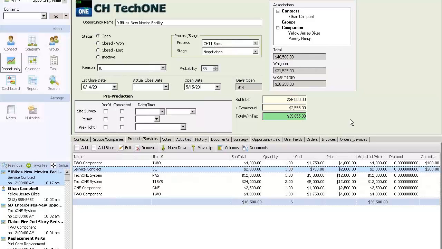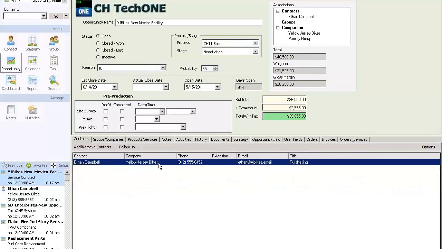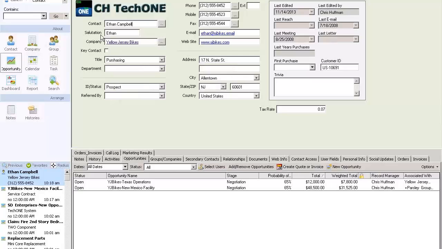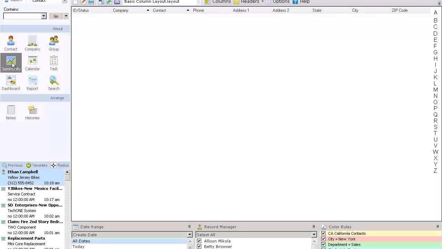So we needed to calculate the tax based on the state as well as the city that the client was residing in. So let's take, as an example, for this one, Ethan Campbell. Ethan Campbell, if I recall correctly, we've got him punched in as, right, New Jersey. So if we pop back to the opportunity,